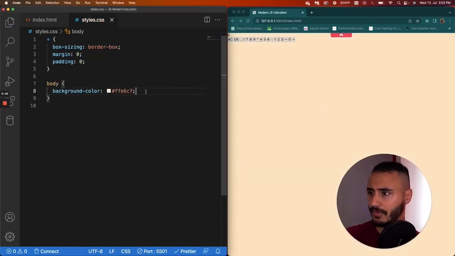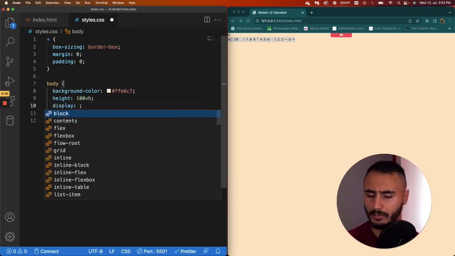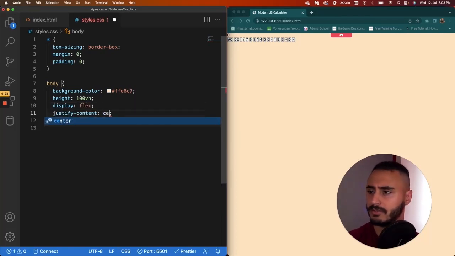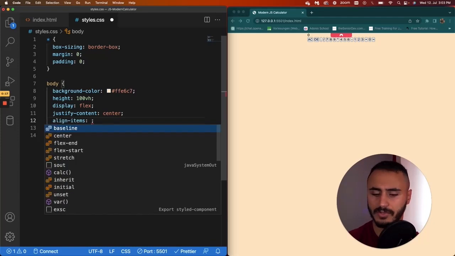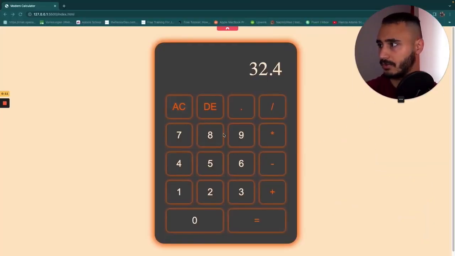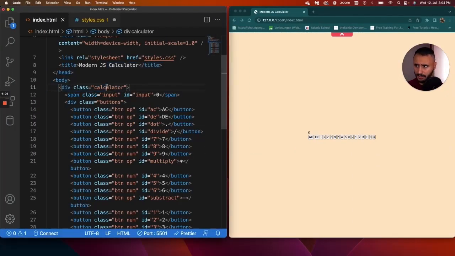Then we need to be sure that the height is 100vh, which means viewport height. And then let's be sure that we are displaying it as flex. We justify the content to the center. Then we align the items to the center. As you see, we got everything in the center. It's a great start. Now, we want to grab this calculator, as you see,